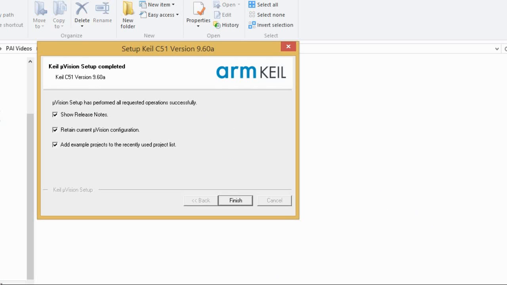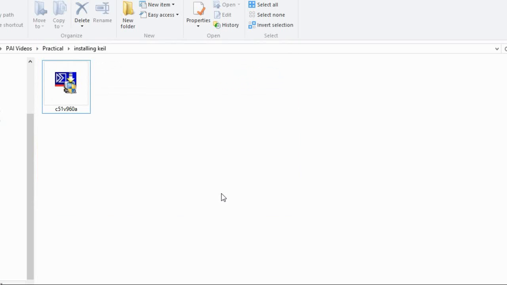After successful extraction you will see this kind of window. We don't want to see the release notes and retain current microvision configuration. That's fine. Add example projects to the recently used project list: if we want, then we can, otherwise we don't need it, so we will say finish.